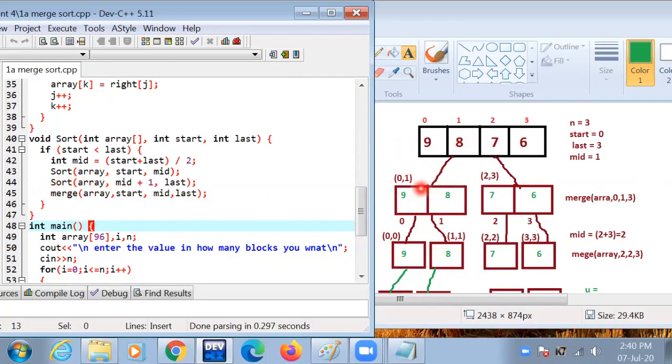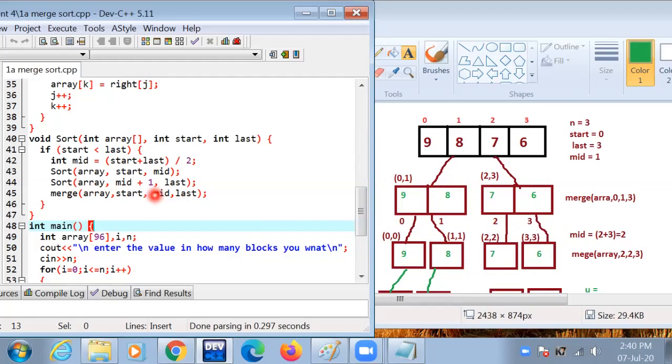The first has the array, start value 0, and mid value 1. The second has the array, mid plus 1. Mid value is 1, and plus 1 is 2.